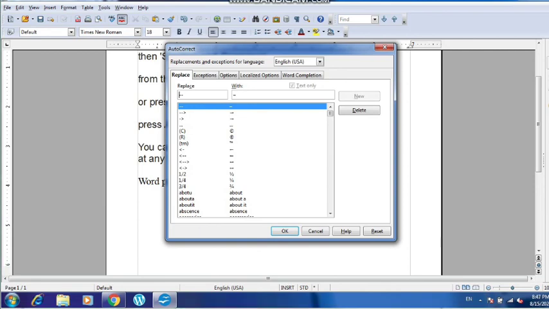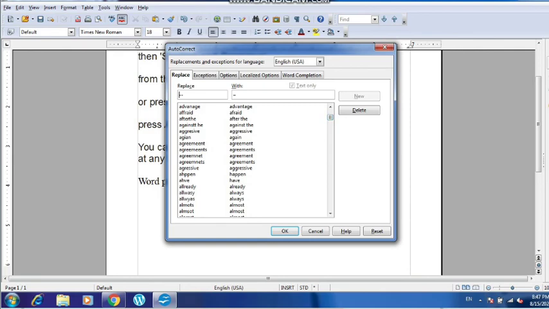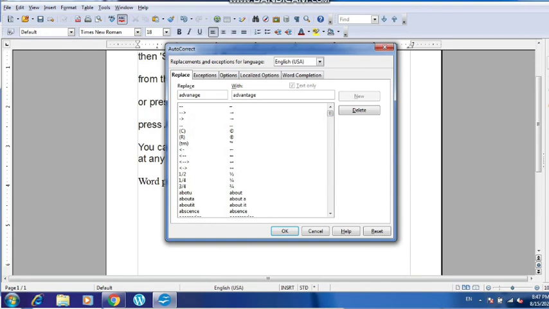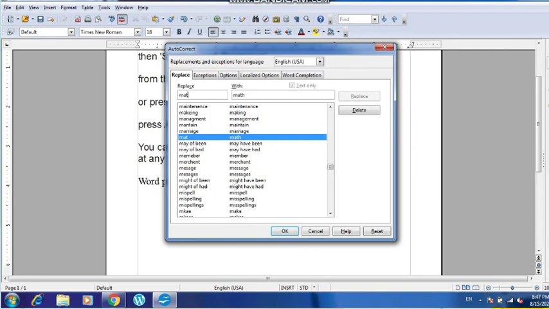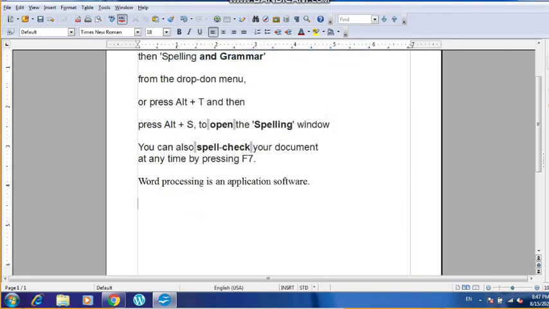For example, let's enter some new word and then try it. How will we add a new word? First of all, we will just write here. Now suppose I have written here MAT, and then I write here MATH, and then I have added here MAT and MATH. Now I'll do it. Okay, now let's write this mat. You can see that I have written mat, but once I have pressed the space bar, it is automatically changed to math. So this is how the autocorrect feature works in OpenOffice Writer.